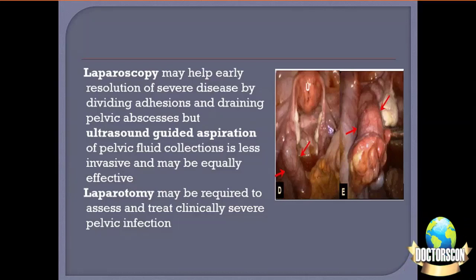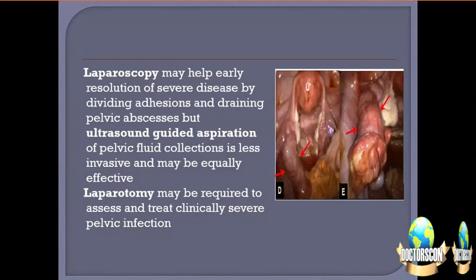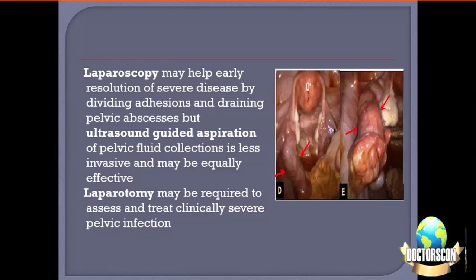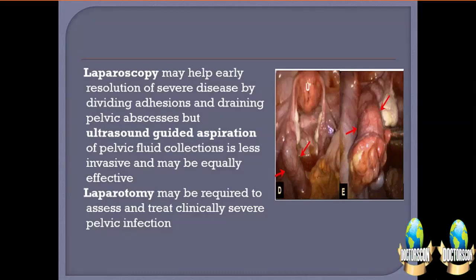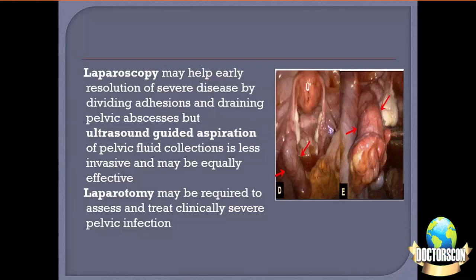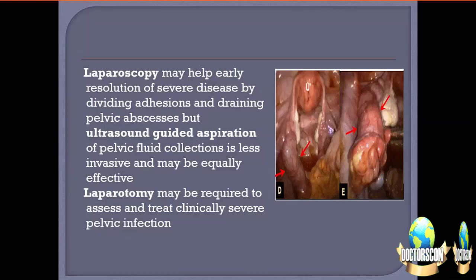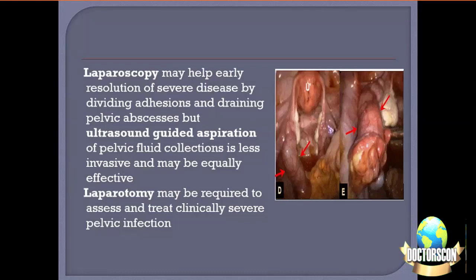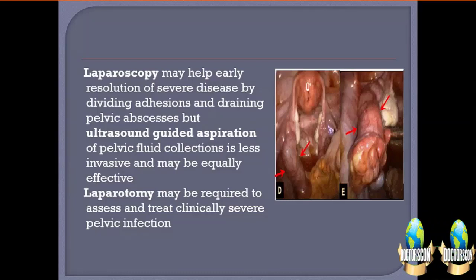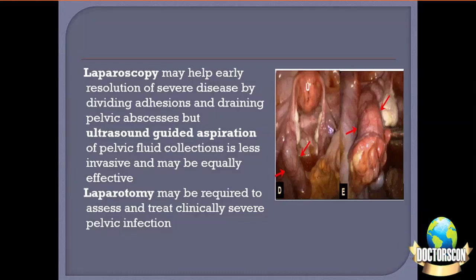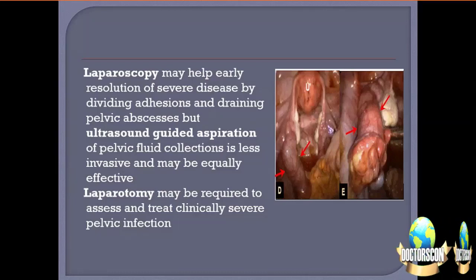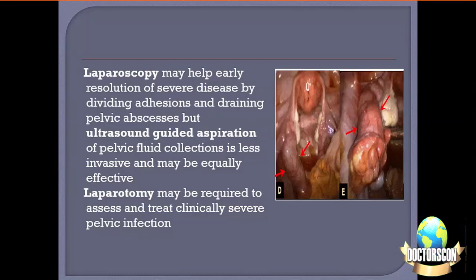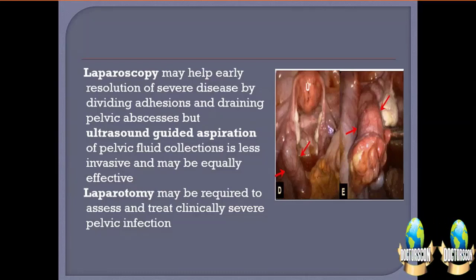Now, the partner notification and treatment of sexual partners. This is a very important component to complete the treatment for PID. As we know, Chlamydia trachomatis and Neisseria gonorrhoeae, which are two very important causative organisms for PID, have sexual transmission, and this is through unsafe sexual practices. Therefore, when we have a woman who presents with features suggestive of PID, it's very important to trace and treat the partners, the sexual partners.